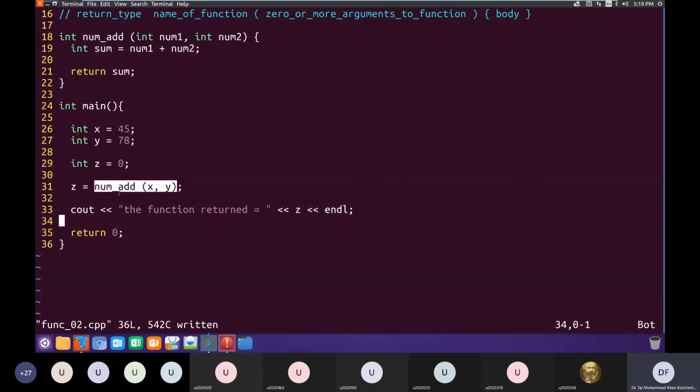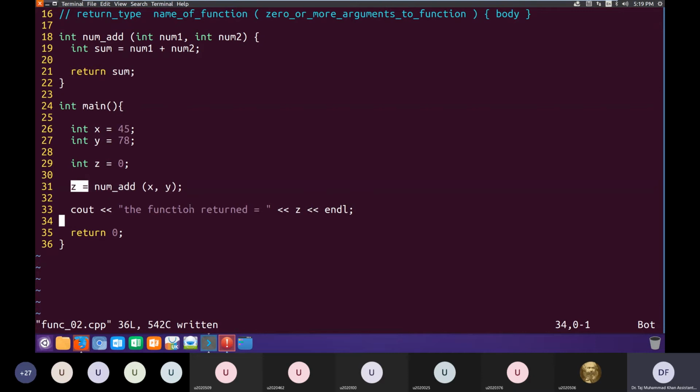So here this call to function numadd will be replaced by whatever value was returned by this function. So this function will be evaluated and executed, and it will be replaced by its return value, which is sum. So this sum, which has replaced this call to function, would be assigned to z.